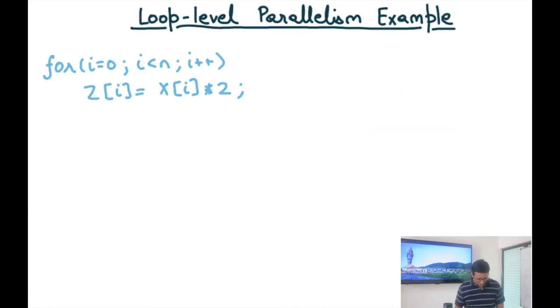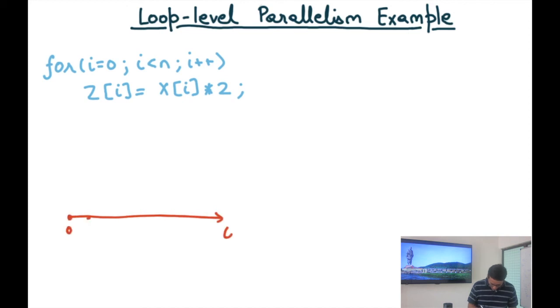So for example, here is a loop: for i equals 0 to n, i plus plus, z[i] equals x[i] into 2. And here our analysis should be able to partition the address space. So firstly, what is the iteration space? The iteration space is, let's say this was i, now the iteration space is 0, 1, ...